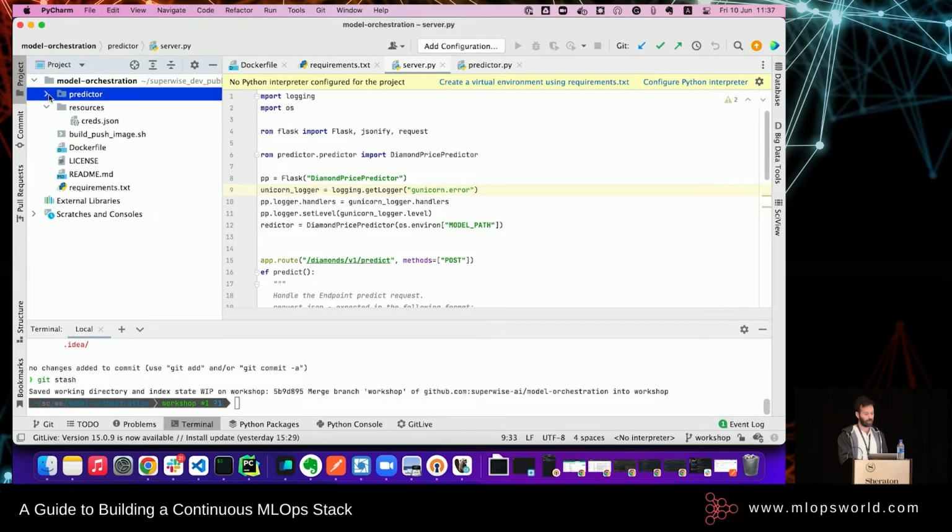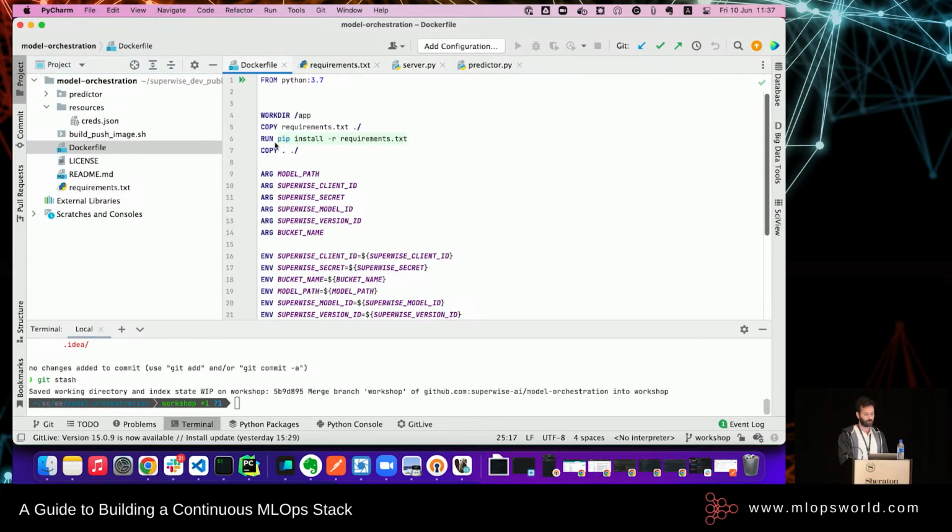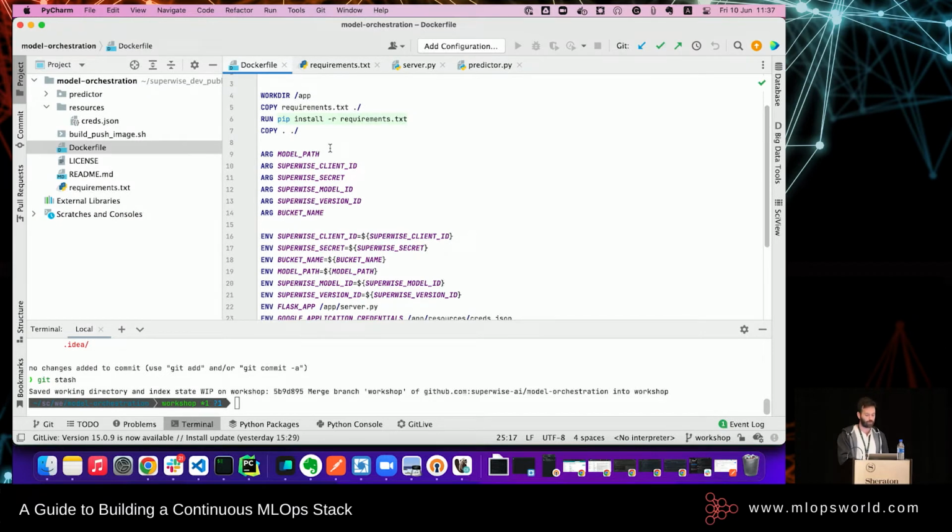Great. So we're going to have a quick look at the Flask application. First and foremost, I think the Dockerfile, that's my go-to usually when I'm trying to understand and make sense of a new repo. All those arguments and envs are necessary only for localhost debugging if you want to run Docker build and make sure that the Flask application is good for production.